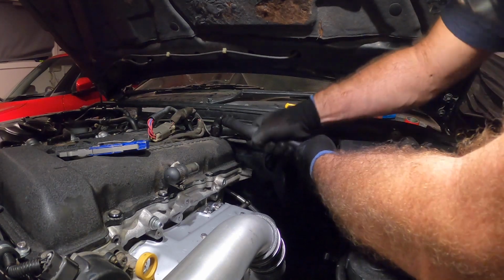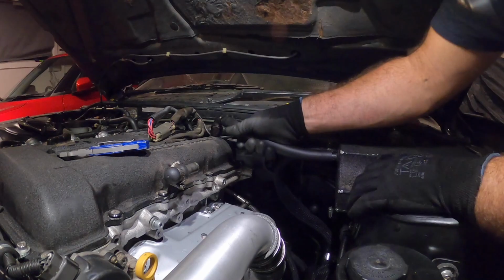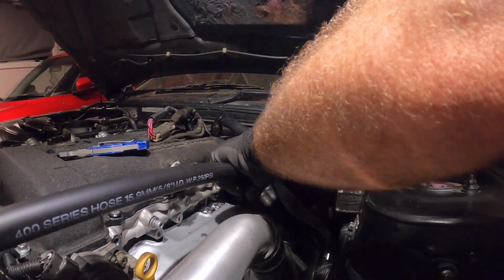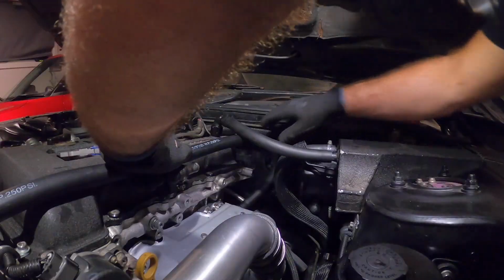under this little fitting that I'm putting in now. Just let it breathe, and you get a fitting welded to the top there, and then from there it goes into the catch can. And then from the bottom one down the bottom behind the turbo, just put a line